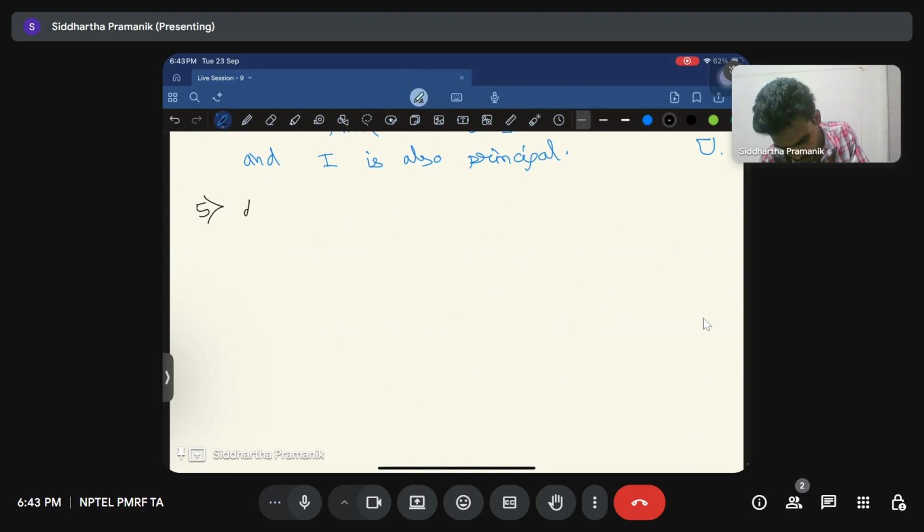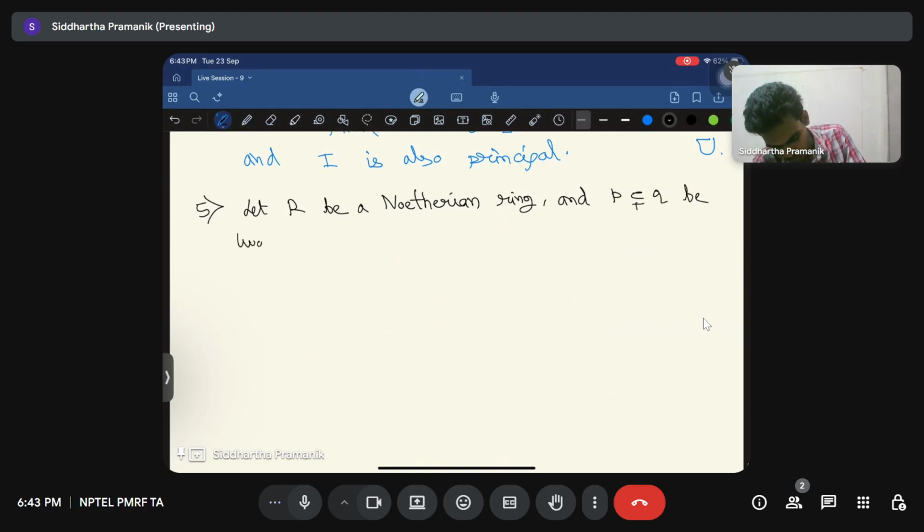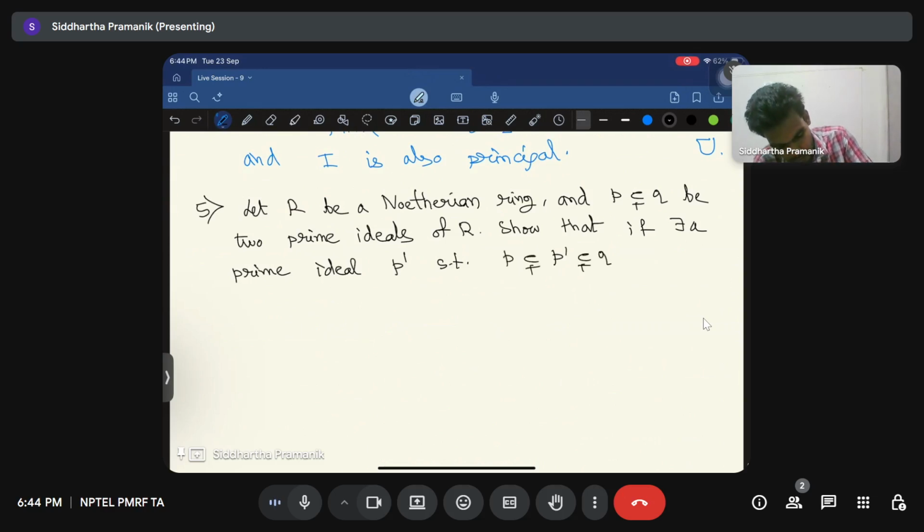Let R be a Noetherian ring and let P properly contained in Q be two prime ideals of R. Then show that if there exists a prime ideal P prime such that P is a proper subset of P prime and it is a proper subset of Q,